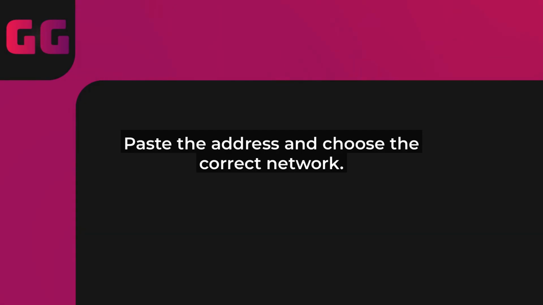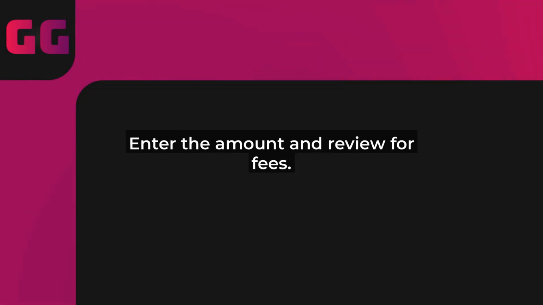Now, back in Uphold, paste the Bitmart address into the recipient field. Select the network that matches what Bitmart is using for USDT to ensure compatibility. Enter the amount of Tether you want to send, but don't forget to account for any network fees. Review all the details one last time, then hit confirm. You'll get a confirmation email or notification, so keep an eye on that.